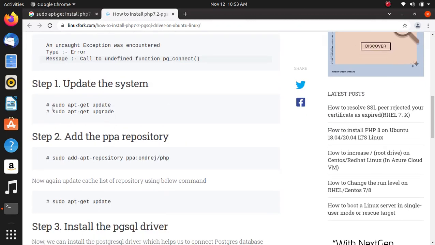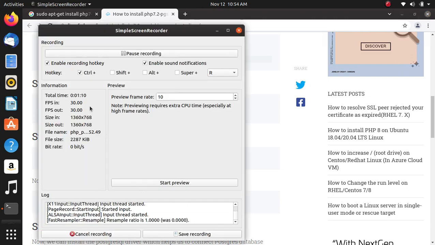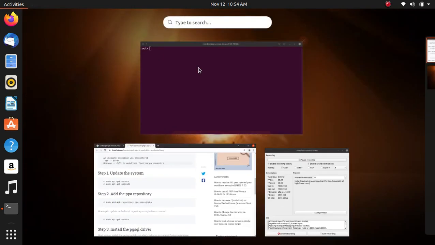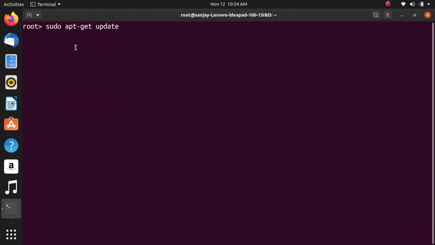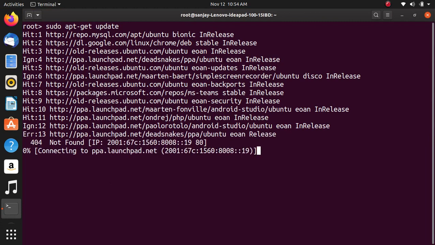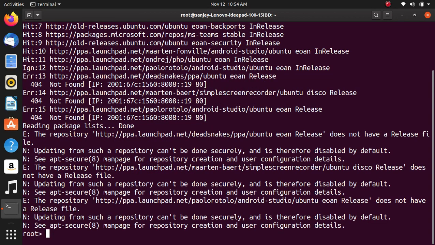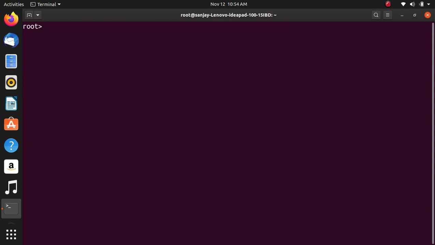First of all, sudo apt-get update. Sudo apt-get upgrade.